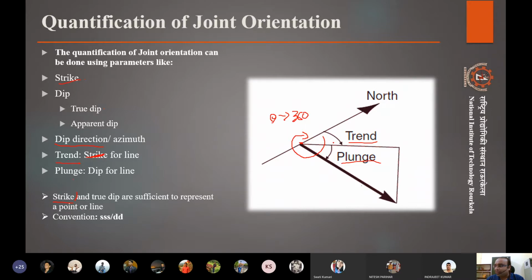However, the dip angle or plunge angle can have a maximum value of 90 degrees, for a vertical plane.